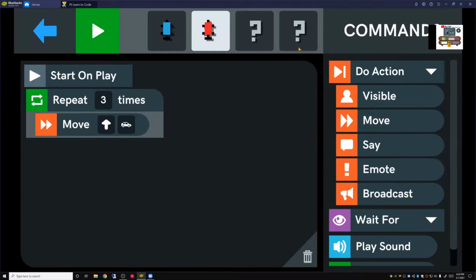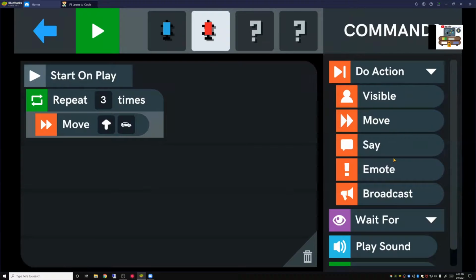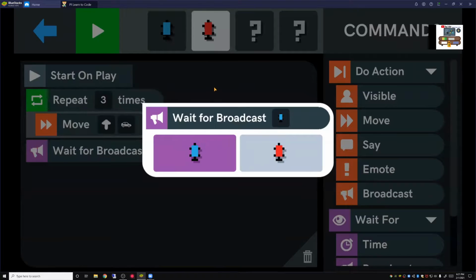No, not this. Okay, so then the blue car will broadcast to the red car when it's done, and then the red car will wait for this broadcast and will immediately say,